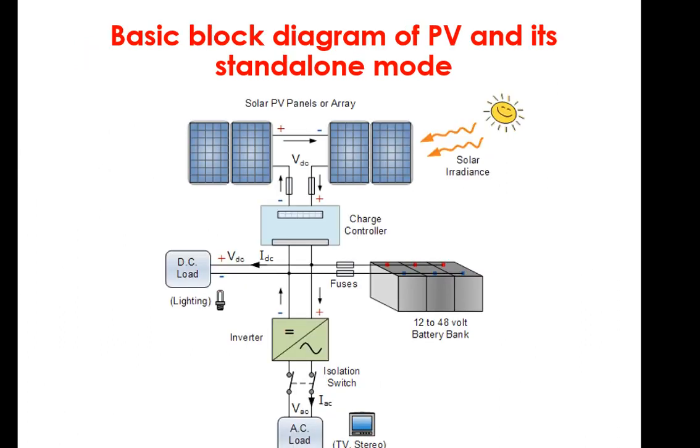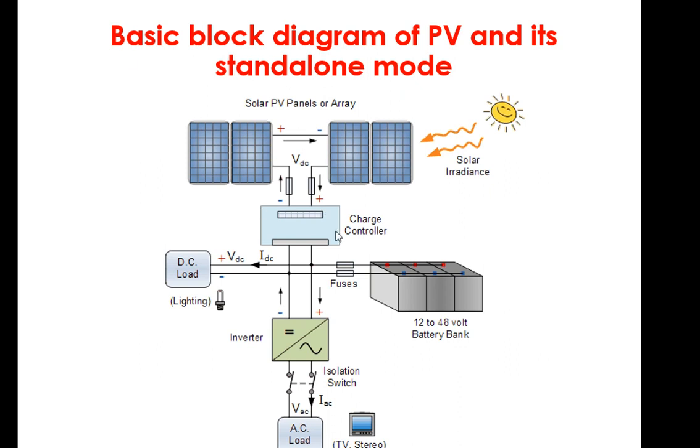Similarly, the same thing is incorporated in the block diagram: we are having a charge controller, that is a DC to DC converter, and the bidirectional converter with this. From this DC bus, we are having the DC loads, then we have fuses, then we have a capacity of the various battery levels. Again, if you have gone through the design Excel sheet shared with you, which is available in the very first video, we are having different varieties of the battery bank depending upon the sizing of the array